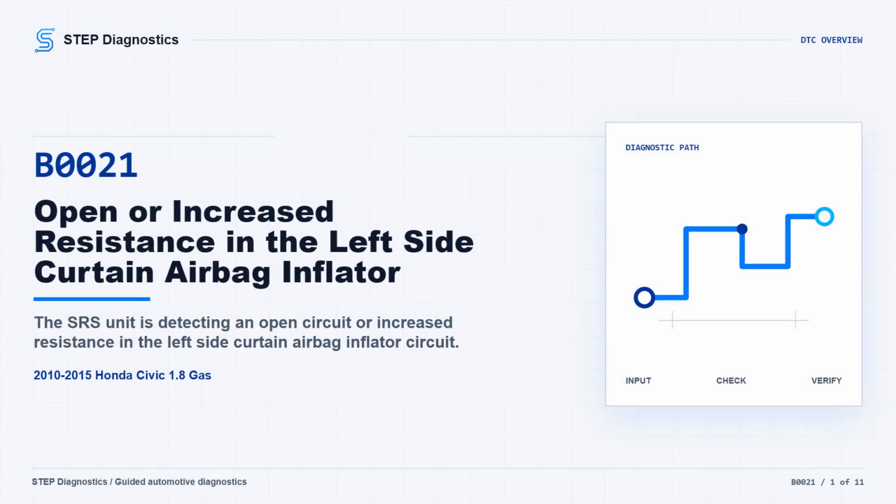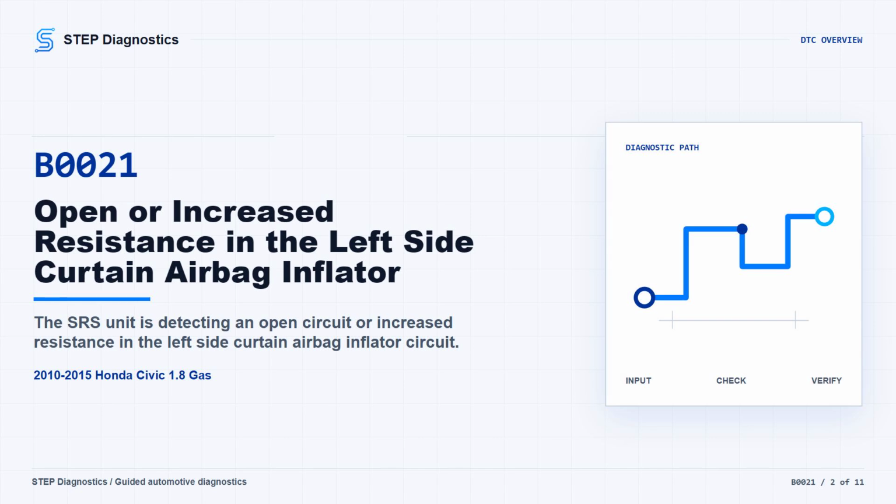On this Civic, B0021 points us toward the left side curtain airbag inflator circuit. In plain terms, the SRS unit may be seeing an open circuit or higher than expected resistance on that side curtain airbag path. The SRS light may be on, and the system may limit airbag operation while the fault is active. Broadly, the possible fault areas can include the inflator connection, the floor wire harness, the SRS unit connection, or